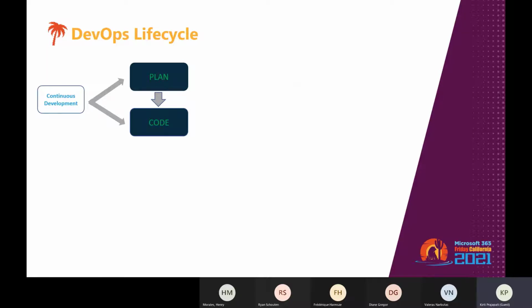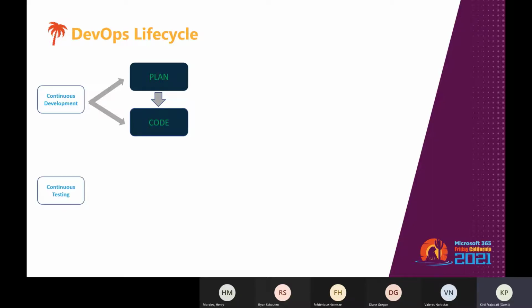There are no DevOps tools required for planning, but there are several tools for managing the code. So you can use any tool if you want to start planning for your application, the solution, the product, or the software. The code can be written in any language and maintained by using any version control tools, and can be used in this phase for building or packaging the code into an executable file.